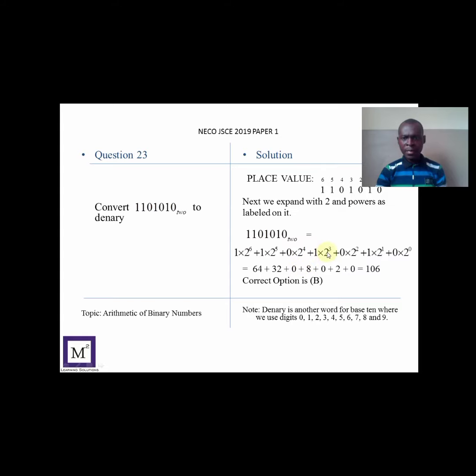Okay. 2 raised to the power 3 is 8. 1 times 8 is 8. 0 times 2 raised to the power 2 will still give us 0. 2 raised to the power 1 is 2. So 1 times 2 is 2. And then 2 raised to the power 0 is 1. 0 times 1 is 0. When you add up all of these numbers, we get 106. 106 is the number in base 10, which when written in base 2 will give us this number. Okay,